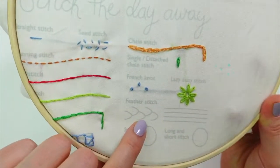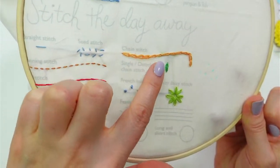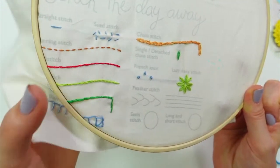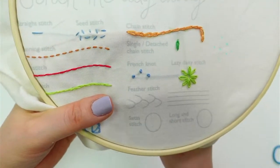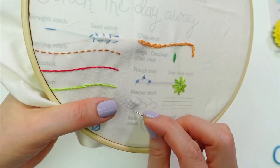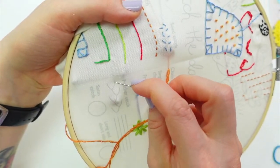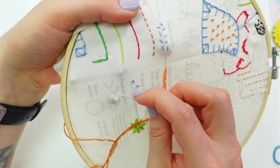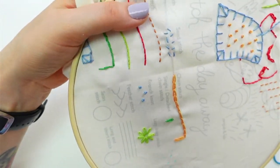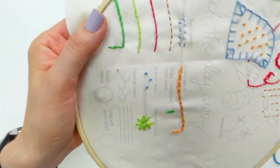All right, so the feather stitch. This is going to feel a whole lot like when we did the lazy daisy stitch, the chain stitches, even the blanket stitch. It's going to feel very similar. We want to think about them like little V's. If you wanted to look at it this way, you'd have all these stacked V's. That's how we're thinking about this. I'll just hold it this way. I'm going to go at one side of the V,